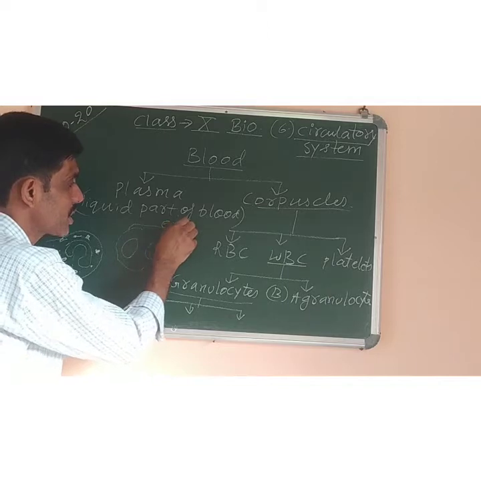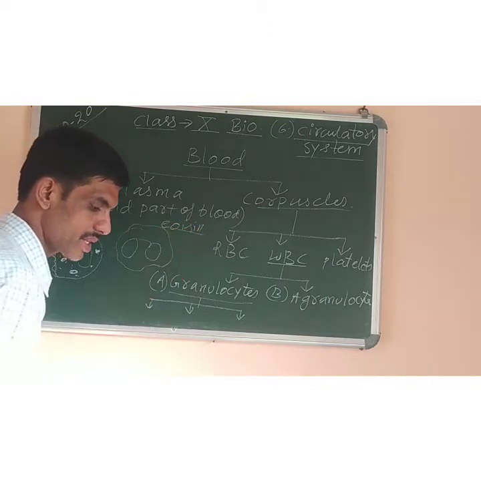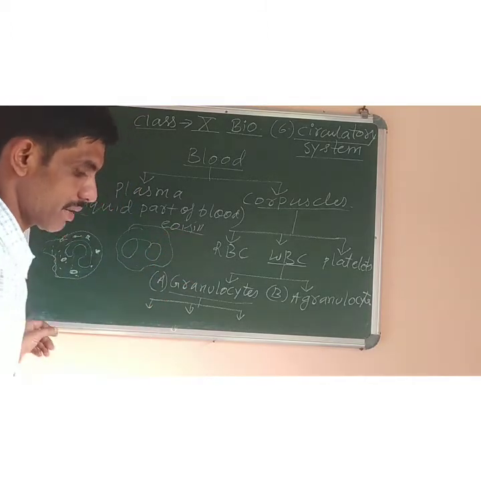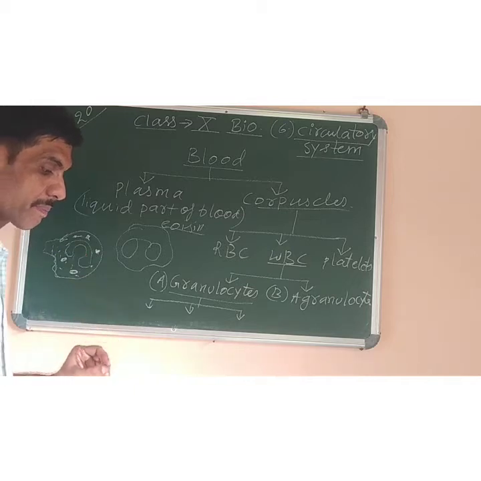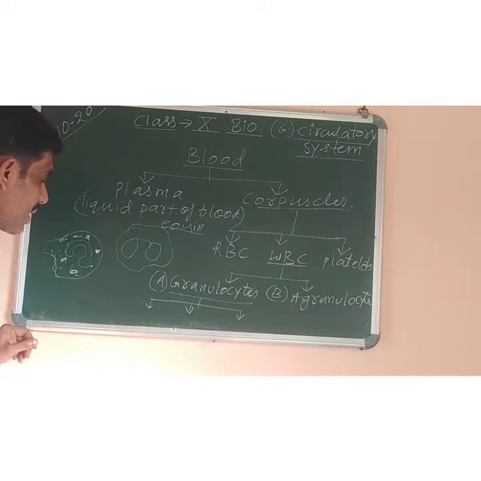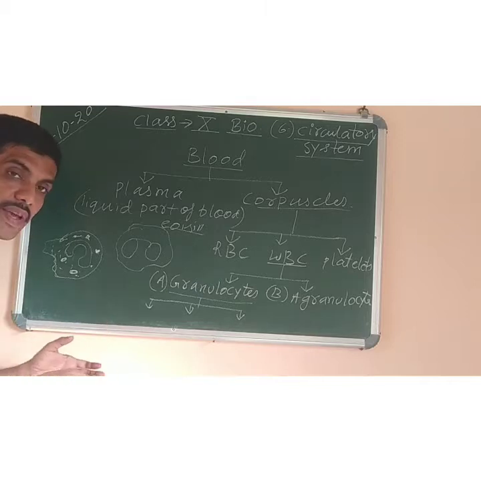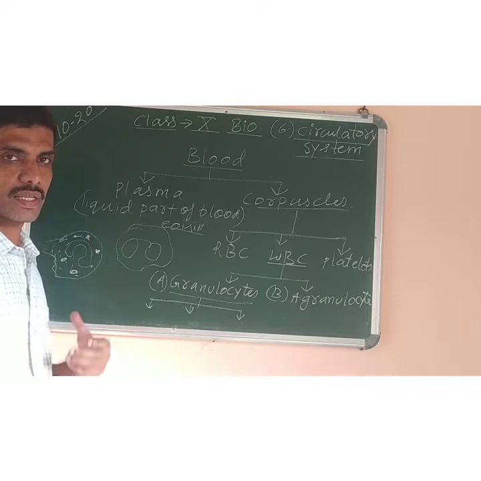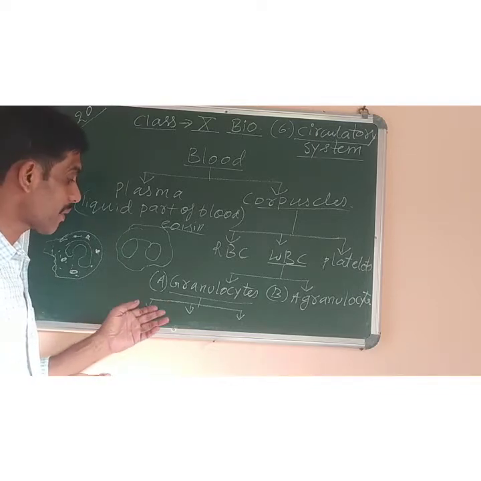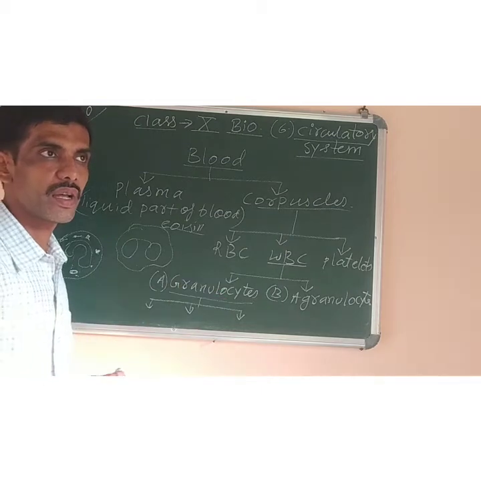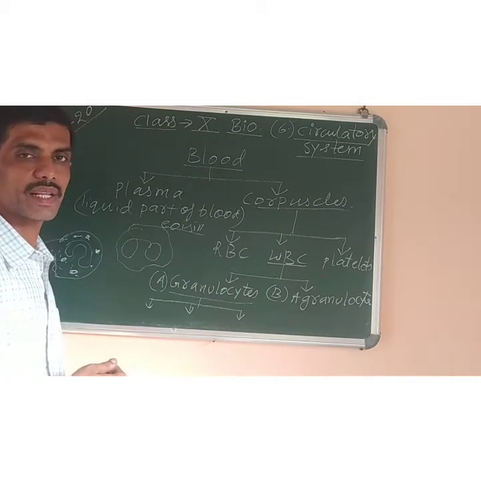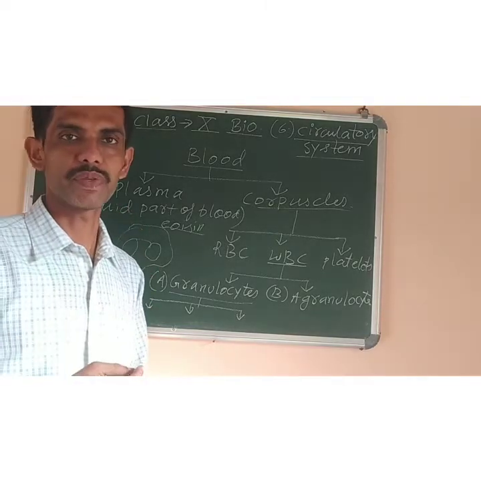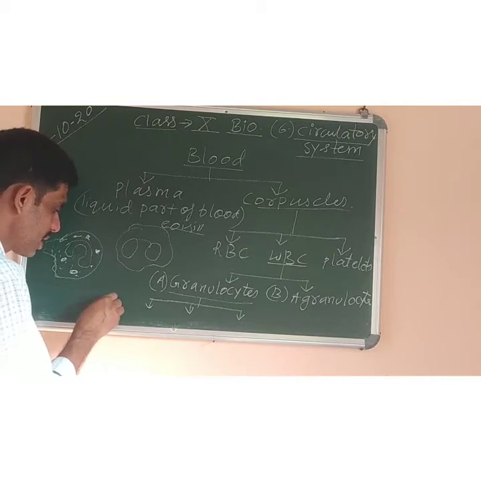whose name is eosin, E-O-S-I-N. What is the name of the stain? It is called eosin. So eosin is a type of acidic stain. So eosinophils are active in allergic reactions and they carry out the process of phagocytosis. So if eosinophils are increased in a person, you can know he is suffering from some infection and the eosinophils are trying to kill the germs by phagocytosis, meaning they are trying to kill the germs. Okay, so the first one is eosinophils,